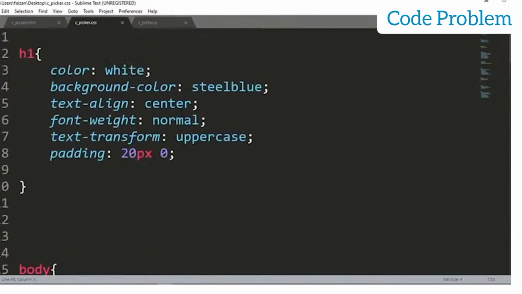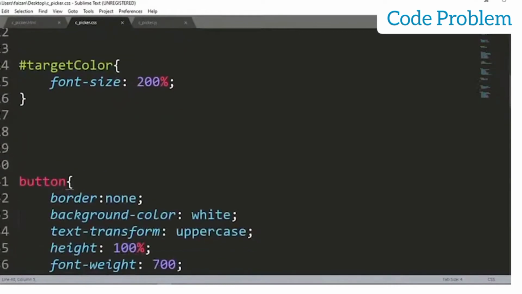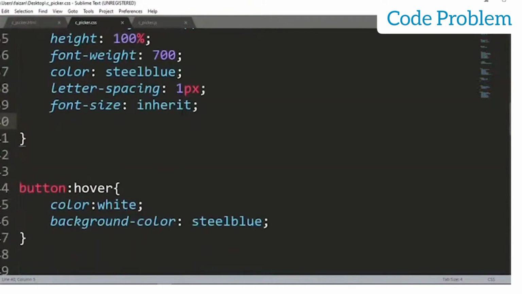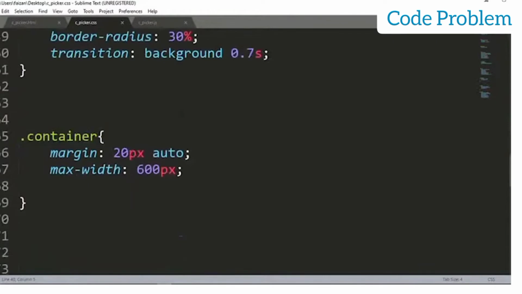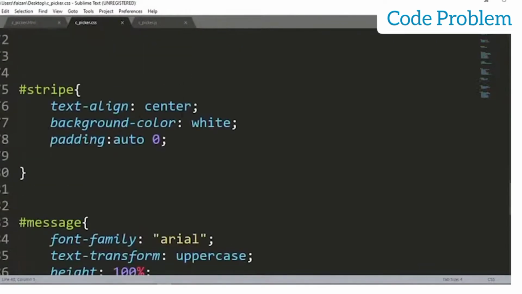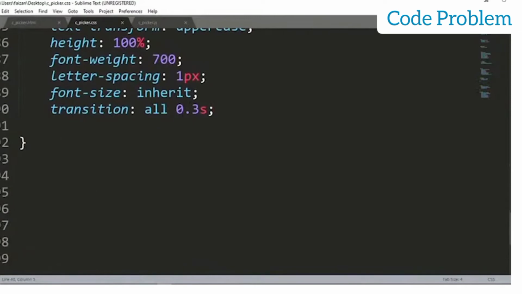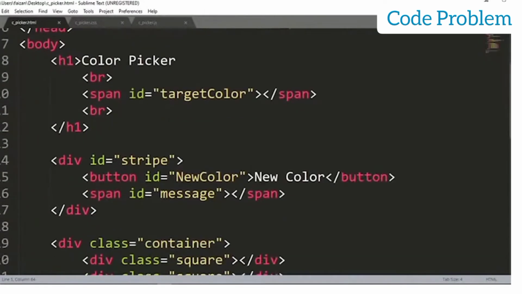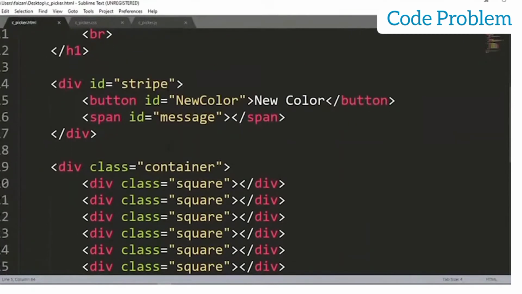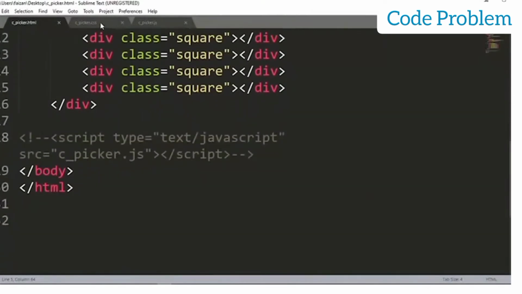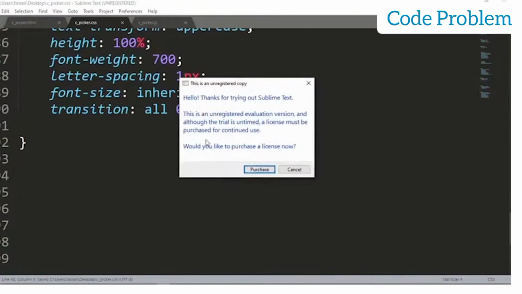The h1 tag, right? The body tag, we have the hash, the classes, the IDs that we have here. Then the button hover: when we hover over the button, what is the color that we want? The ID square, the class square that we have, the class container that we have. And the stripe, the message, all these things are present here, right guys? So you see the IDs here, the classes are here, the square classes and the container. The styles that we are applying are present in this file. Now once we save this file,